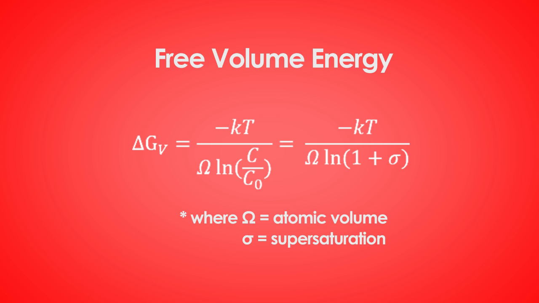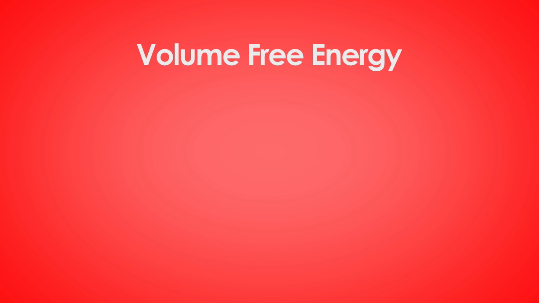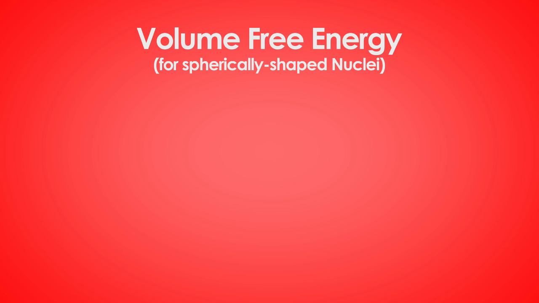Herein, we can see that the absence of supersaturation consequently leads to no nucleation. Additionally, spontaneous nucleation occurs for systems with larger solute concentrations compared to the equilibrium concentration C0 because of the negative free energy value. Assuming that the nuclei formed is spherically shaped, the volume free energy can be expressed in